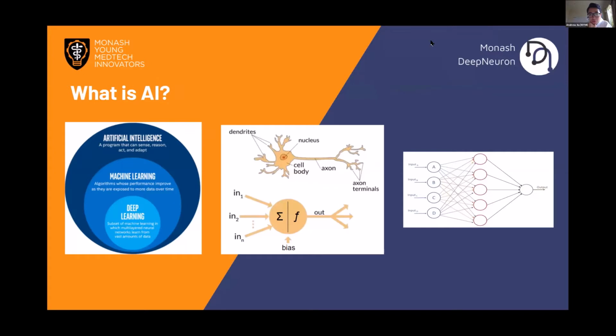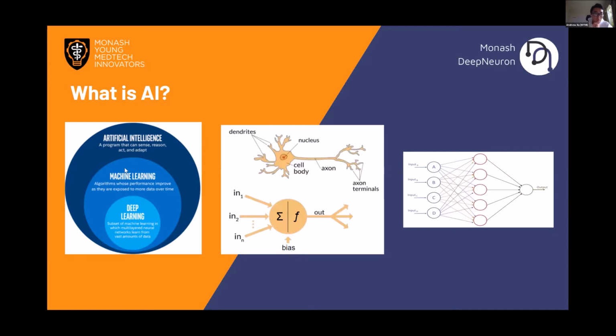Okay, cool. So I feel like everyone's got a pretty good idea of what AI has the potential for. So we'll jump straight into it. When I talk about AI, I'm referring to artificial intelligence. That's what it stands for. It's a pretty broad umbrella term, which consists of a lot of different categories. Artificial intelligence as a whole describes any type of program that can sense, reason, act, or adapt. In other words, it's something that mimics what we refer to as human intelligence.